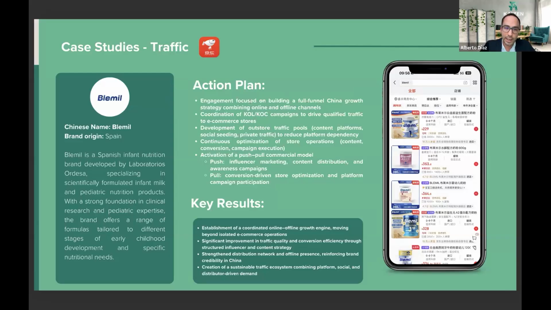One, again, is paying attention to traffic, and here we have a Spanish brand, which is Naifen in Chinese. It's a baby milk formula, and the relevant part is that in order to get traffic, the ideal optimal solution is not relying on only one leverage point. For example, not only in-store marketing, not only out-store marketing, not only influencers, but also even combining